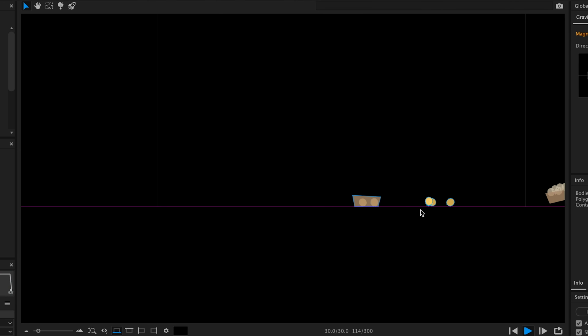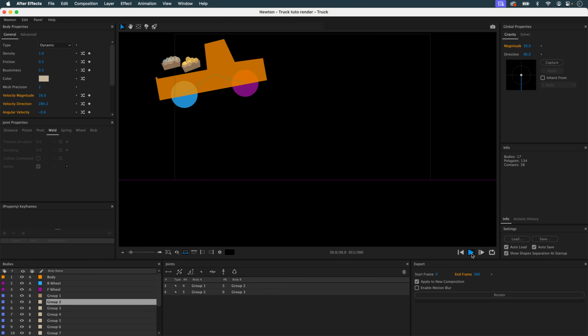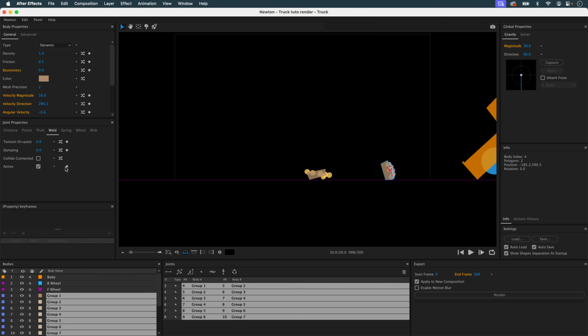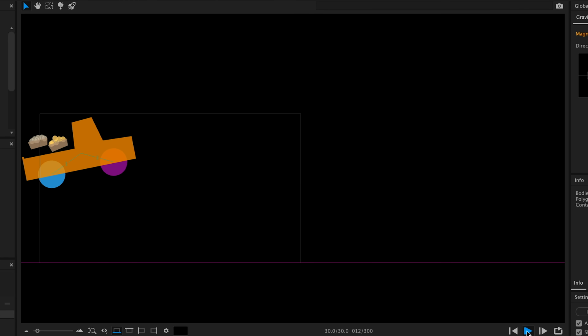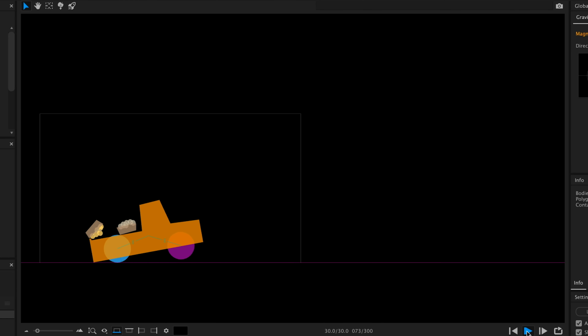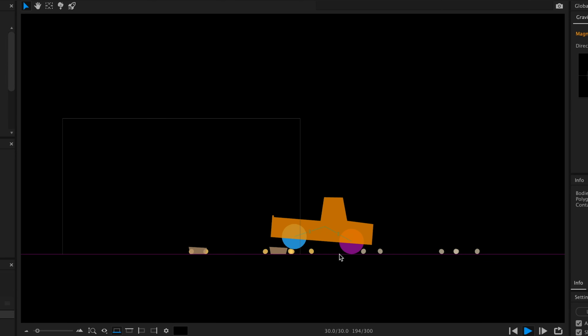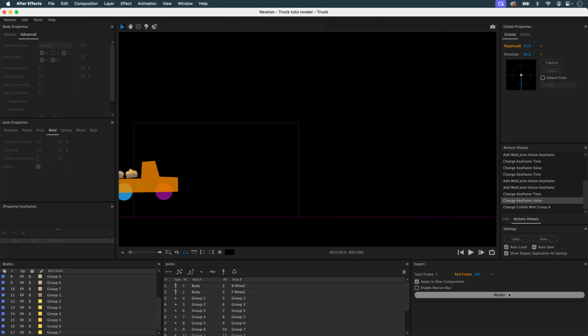Here we go, and I'll do the same for the other basket in frame 98. And there I have my complete simulation. Not bad. I'm going to render it.